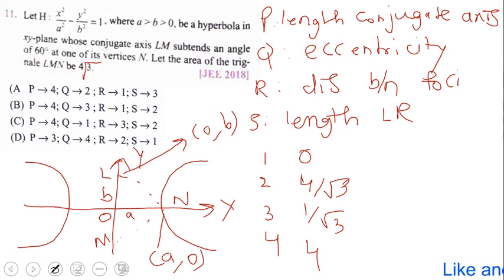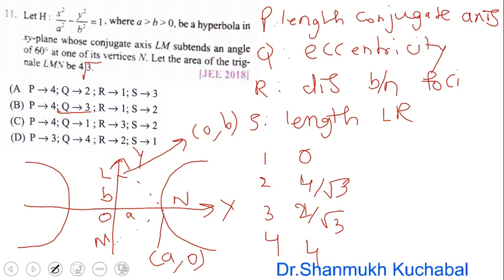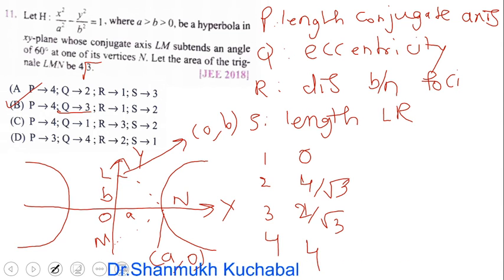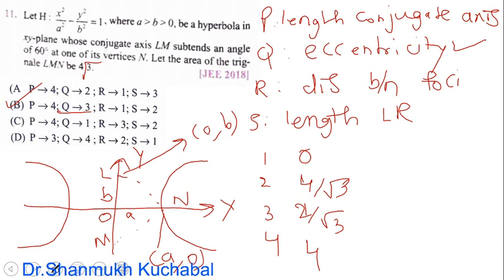So yes, here it is 2 by root 3, eccentricity 2 by root 3. So we will observe option B. Remaining all are different, therefore option B is the right answer. Yes, so like this, look at the information. If you get one, remaining all are different, so you can come to a judgment that option B is the right answer here. For your understanding, I am calculating the remaining things here. So here the eccentricity answer is 2 by root 3. So option B is the right answer.